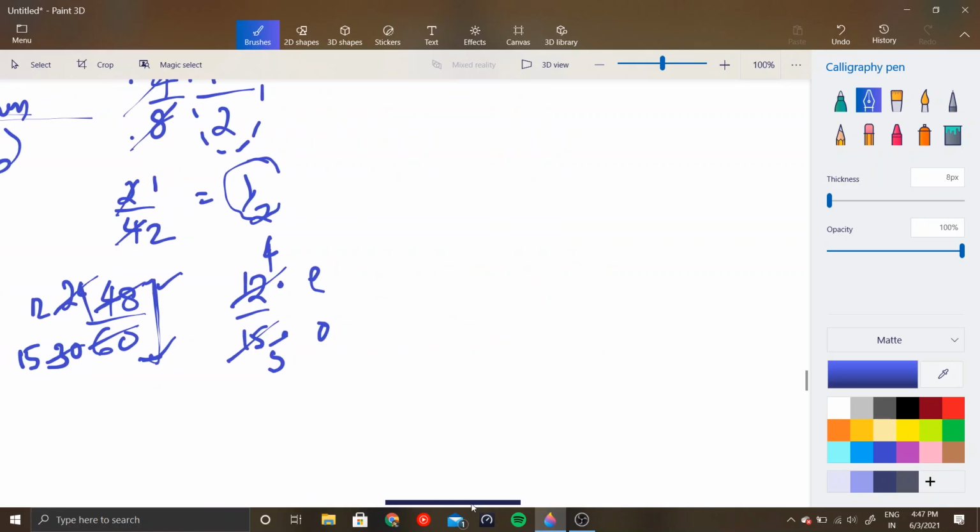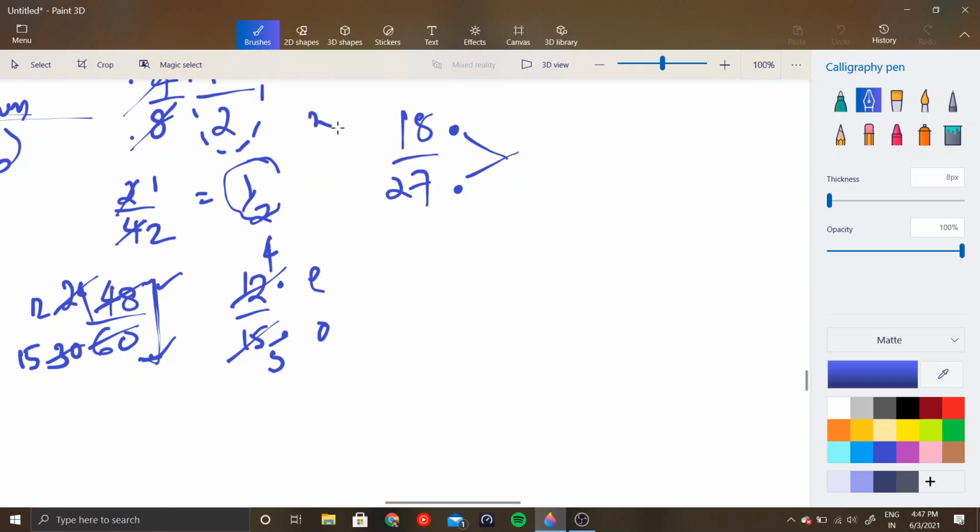Next thing, and the last thing, suppose you have 18 by 27. How to convert this? See, now one number is even, one number is odd, so the parities are different. So you need to find the HCF. In such cases, try and see if the number is dividing by 3 or so.